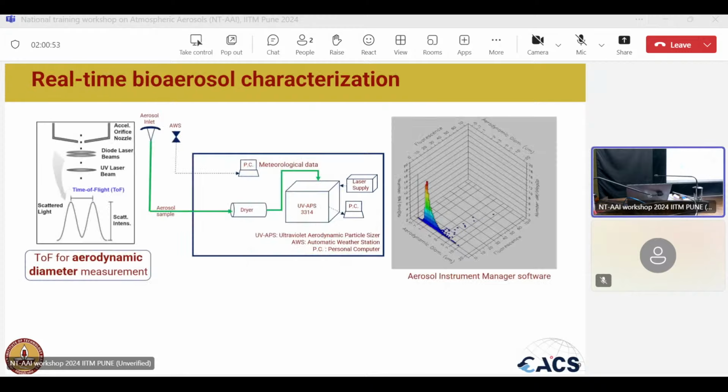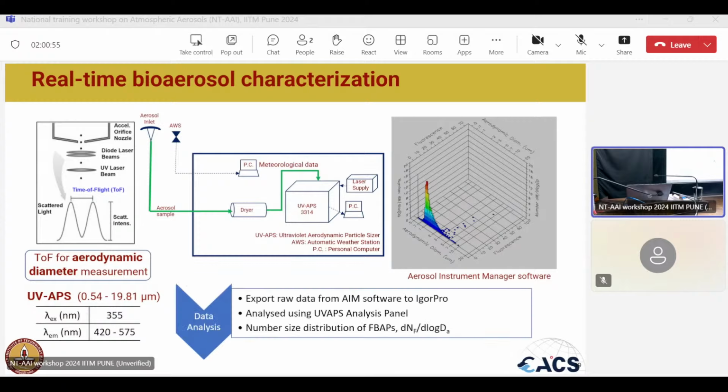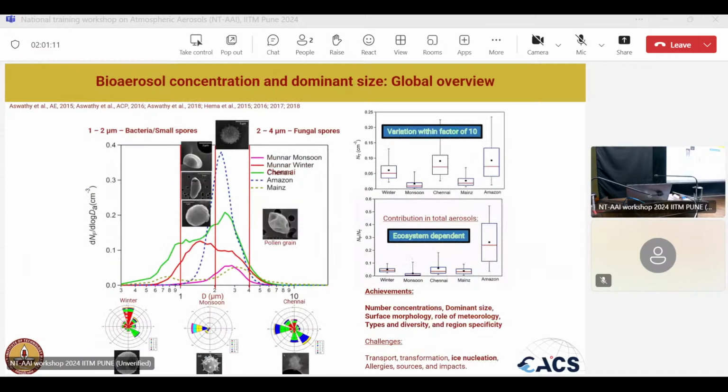Anyway, this is how this data looks again. I'll not go into the details, but UV-APS has an excitation at 355, and then the emission is between 420 and 575. Although it has different channels, you cannot really look into the different intensities to find out what kind of particle it would be. This is how it looks. Some examples: